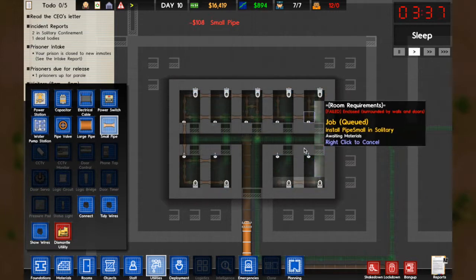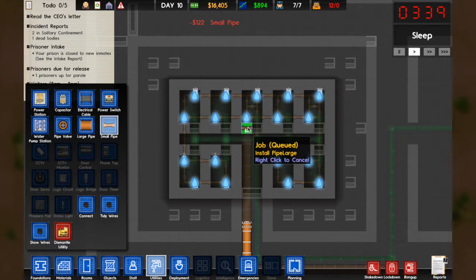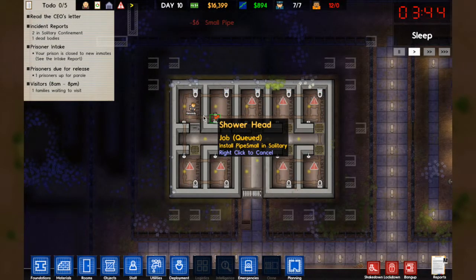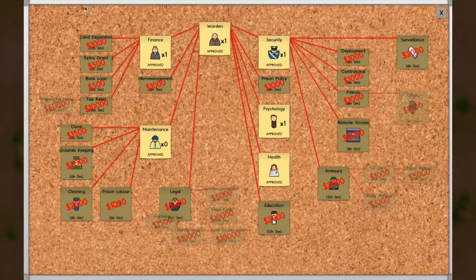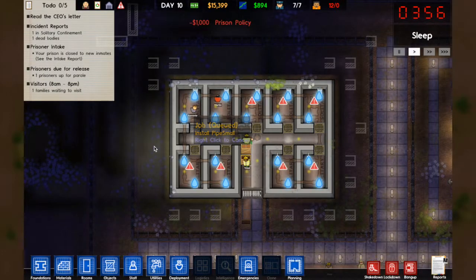Down here as well. And then we can get prison policy unlocked, so we can make sure that the people are going to solitary. See, there's already 2 guys in solitary there. We go to bureaucracy, and we get prison policy. So this is the policy report. Allows you to increase and decrease punishments for types of misconduct, as well as automatically trigger searches of misbehaving prisoners and their cells. Also allows us to control the nutrition policy and change the quality and variety of food served to our prisoners. That's going to be good, because I want to reduce the quality of the food a little bit,